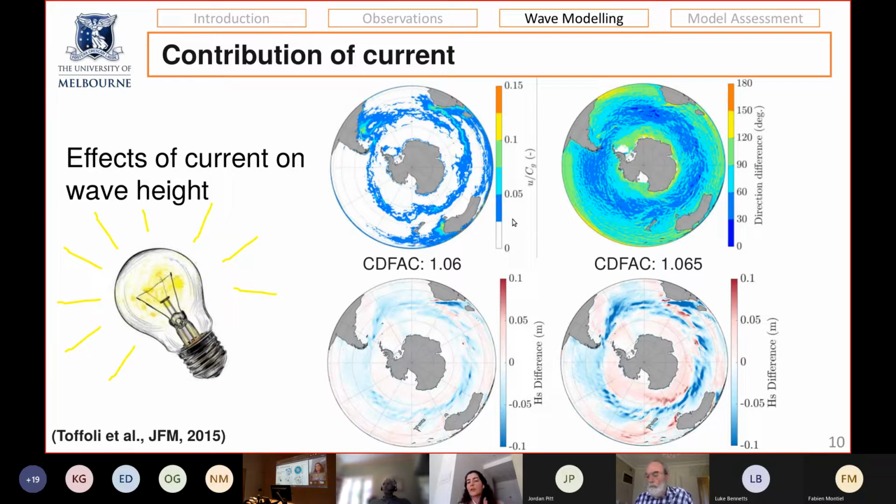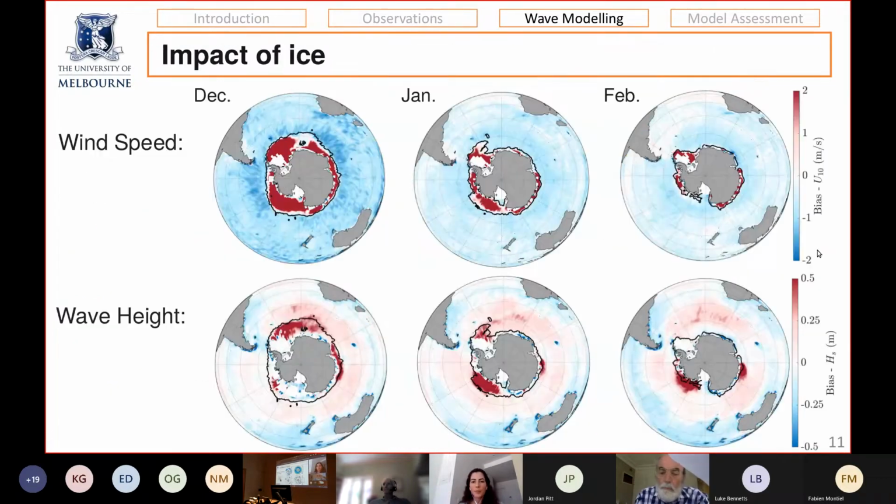exceeds 0.025, which means 20%. So if we were going to get a difference in our biases as a result of current, we had to give it along this narrow bound here and not for the whole biases that were spread all around Southern Ocean. One other question to answer here was the very high biases in regions closer to the Antarctic continent. To explore that further,